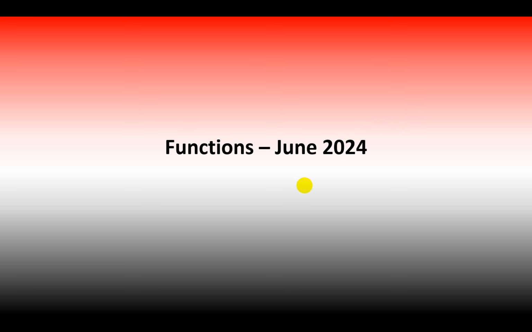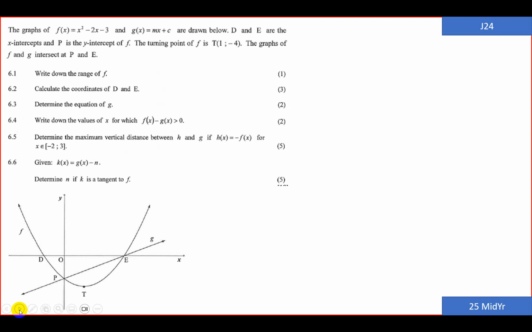Hi, we're going to look at the question from the NSC supplementary exam, May-June 2024. It's a question on a parabola and a straight line. And the question reads, the graphs of f of x, which is equal to x squared minus 2x minus 3. If we stop and inspect the parabola function given, and look at the